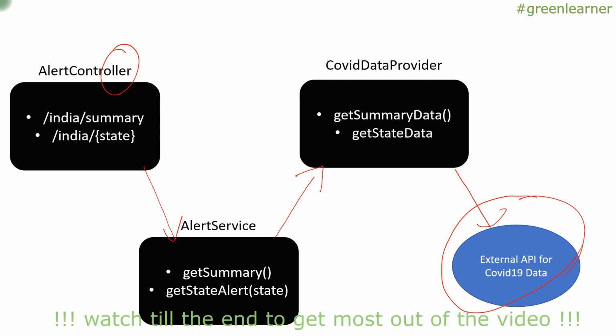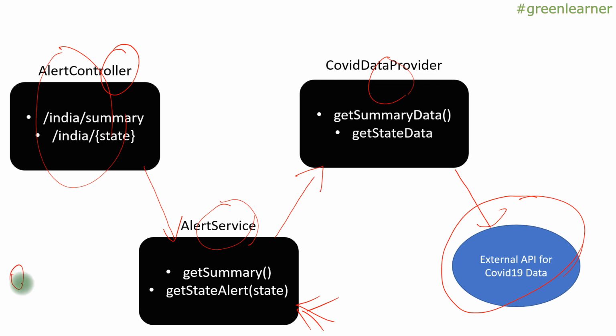So how will we proceed with writing the tests? Usually you write tests for the business logic. All the business logic resides here, right? So I'll be writing the tests for the alert service, then the data provider, then the alert controller. If you are the end user, you are contacting the controller, that is part of the server, and you are calling the endpoint. It is intercepted by the controller, and then the task is delegated to this alert service.